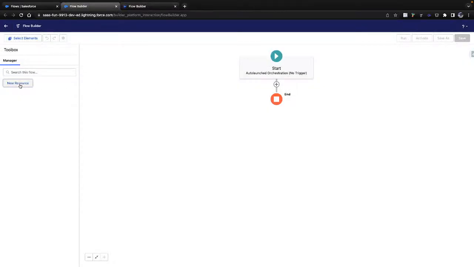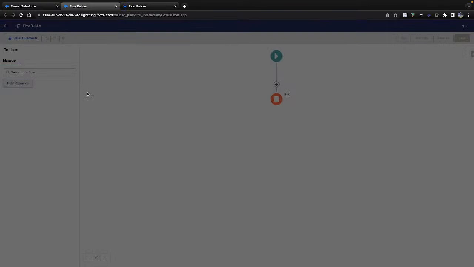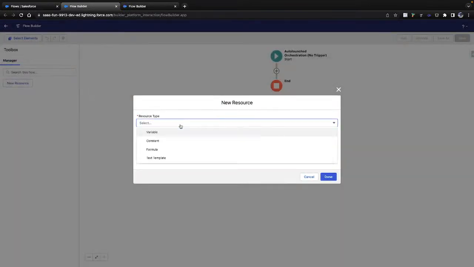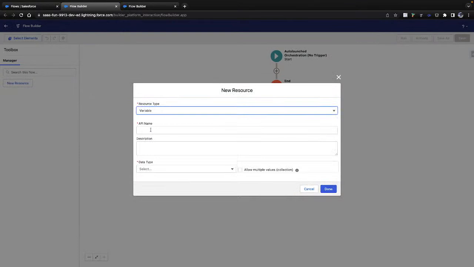I'll create the first resource. Imagine I'll try to get my account record. Let's say a variable, account record ID, and this is an input for the auto-launched flow from Apex or a custom button.